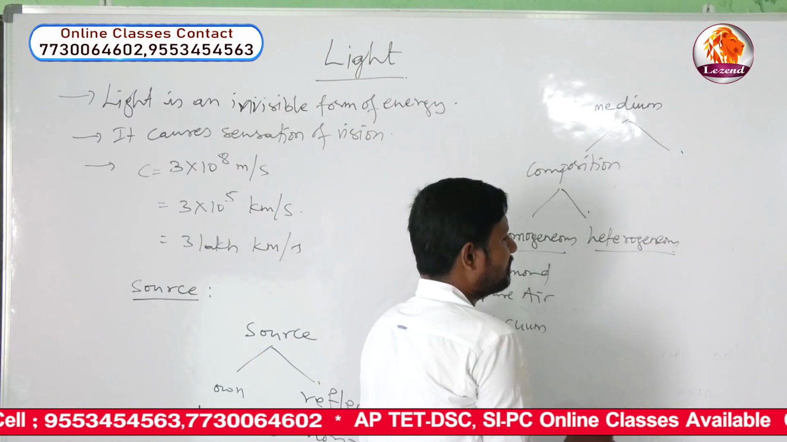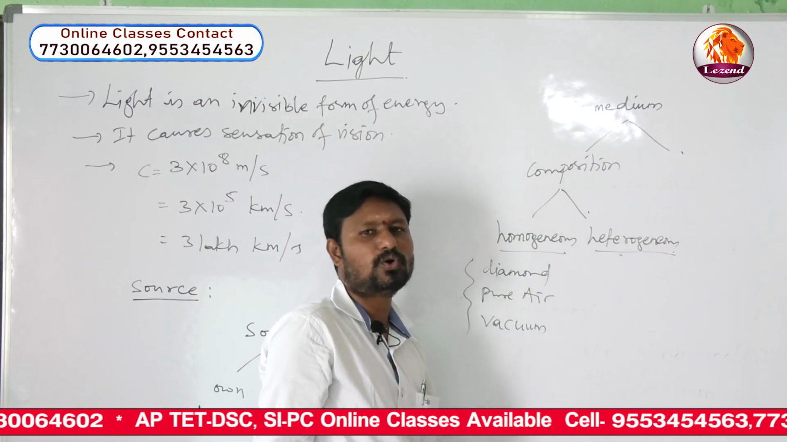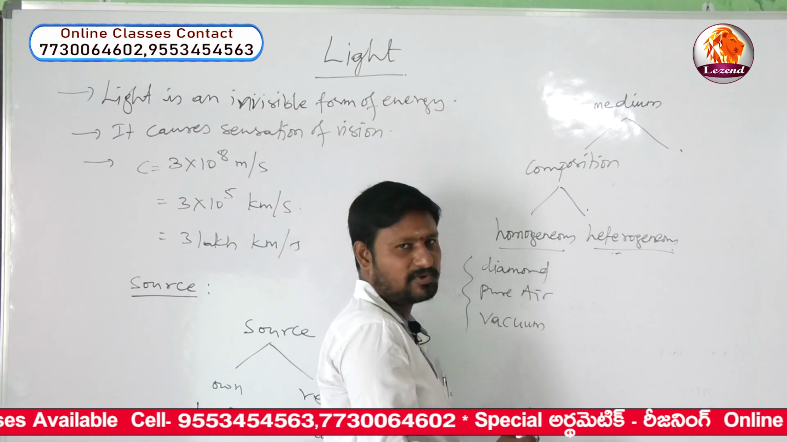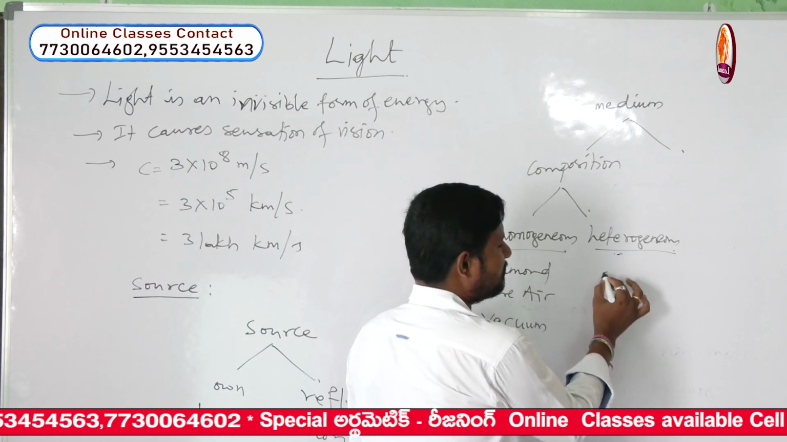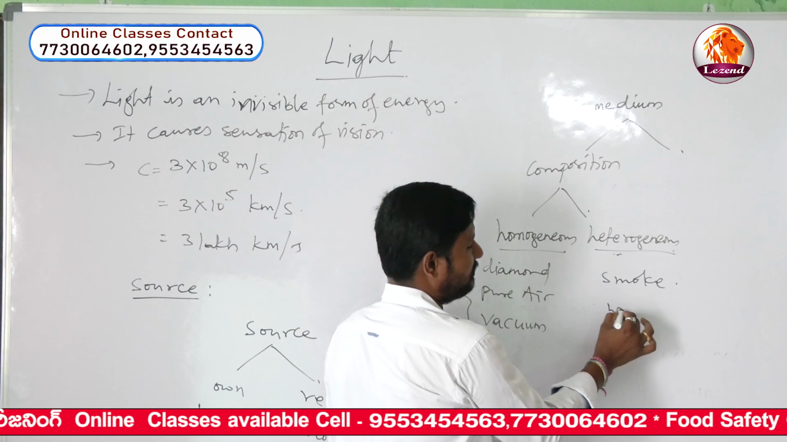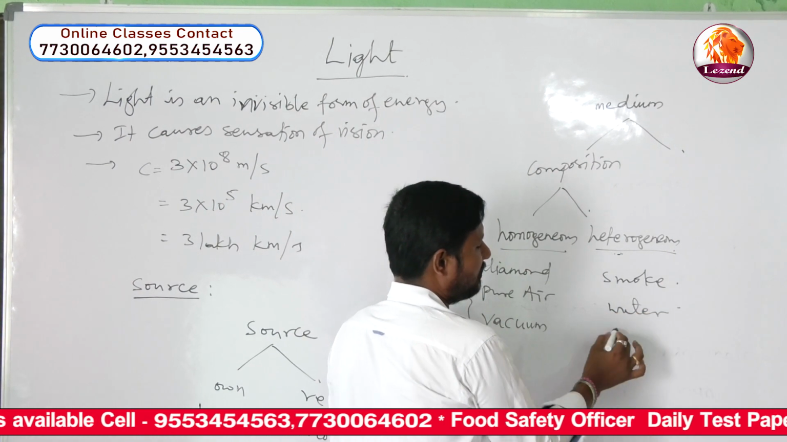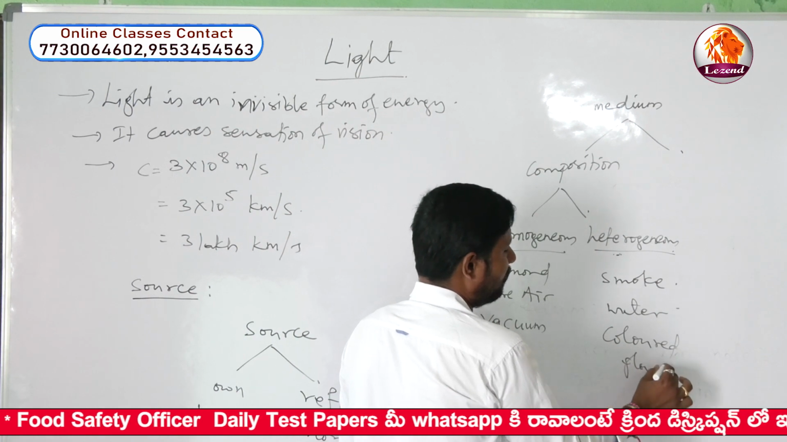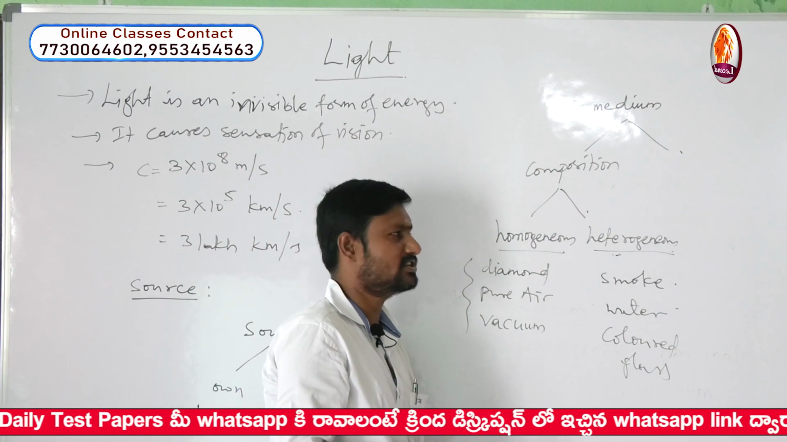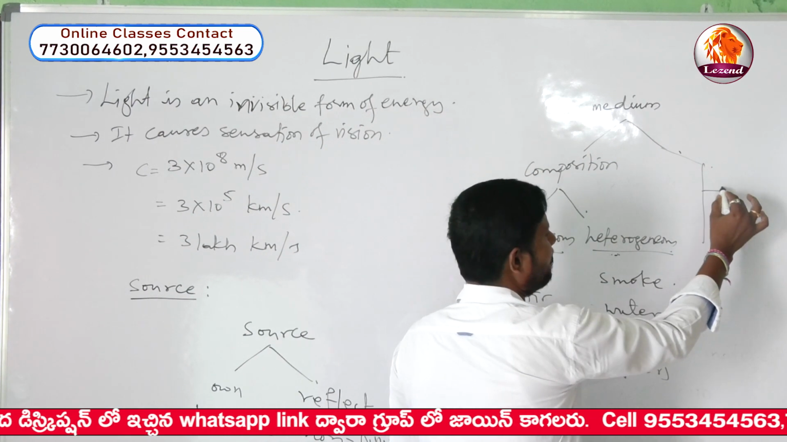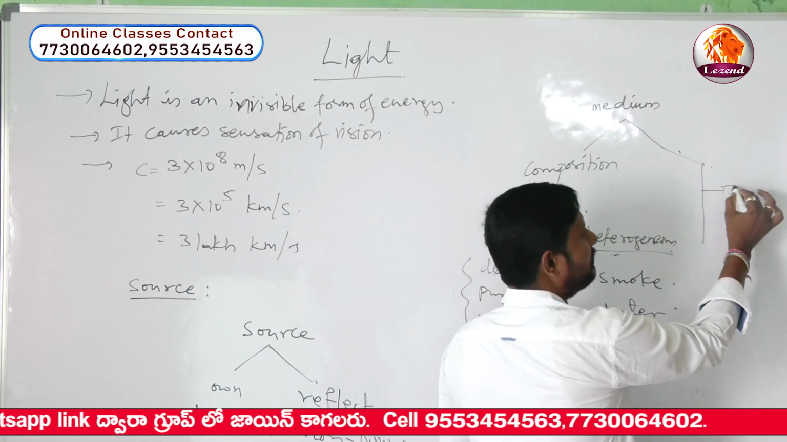Heterogeneous medium means that the composition of the medium throughout it is not the same. Such a medium is considered a heterogeneous medium. Examples: smoke, drainage water, impure water, colored glasses or ground glass, you can take as a heterogeneous medium. And the next other type of classification of the medium, you know already,